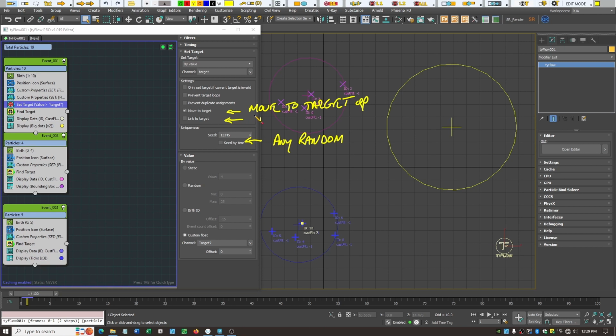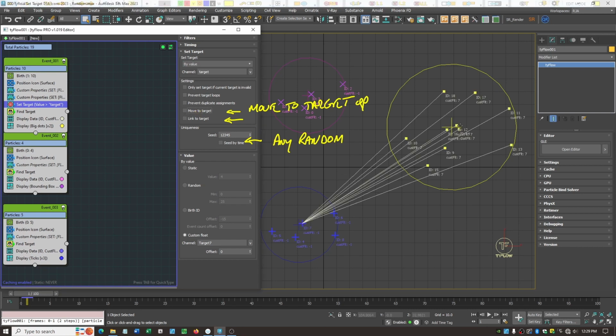The link to target, we're going to have to set something up, but it links the source particles to their target particle. Think of it like a mechanical arm. So if the target particle was kind of mechanically connected,